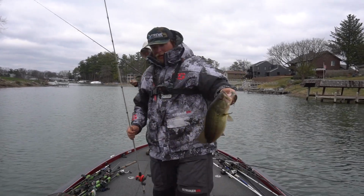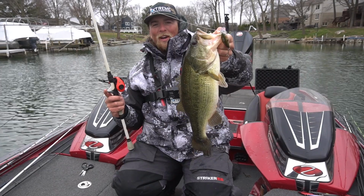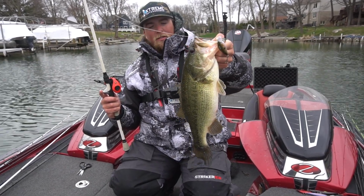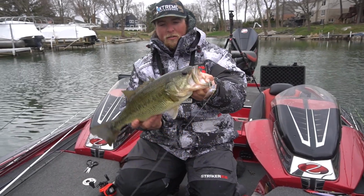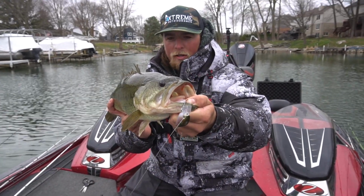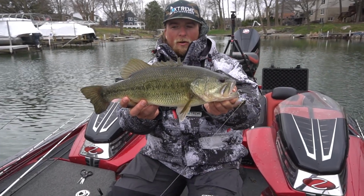That's a big one. Guys, check out that largemouth. Well, guys, check out that largemouth bass. He frickin' destroyed that crankbait right there. Just like I said, I'm throwing that little Excite crankbait and he drilled it right at the boat. That is a gorgeous looking